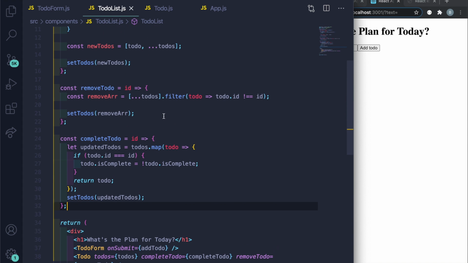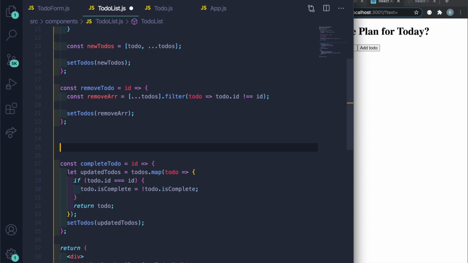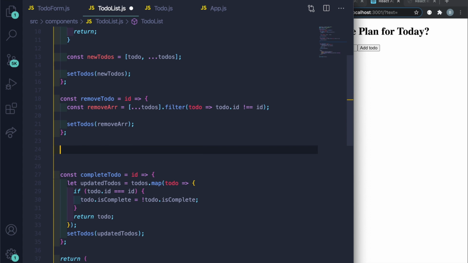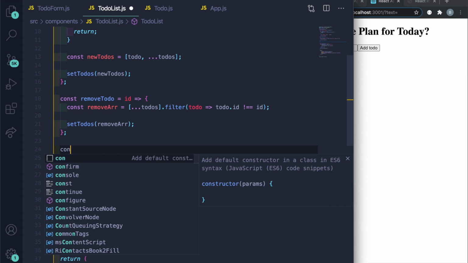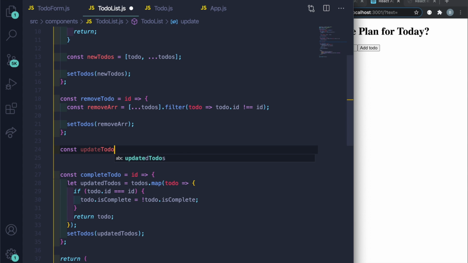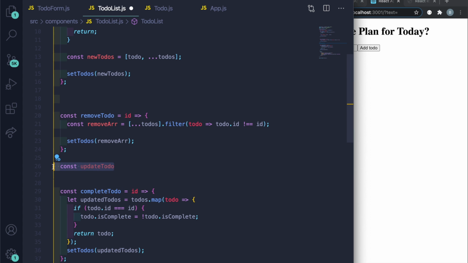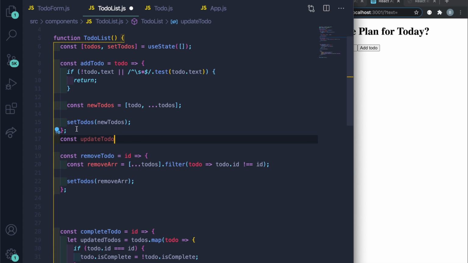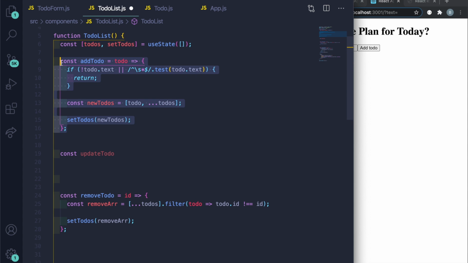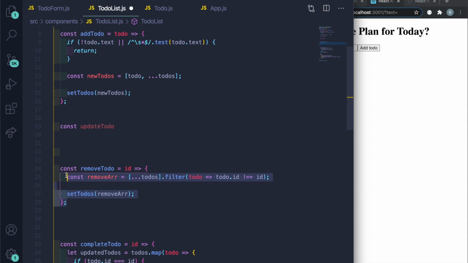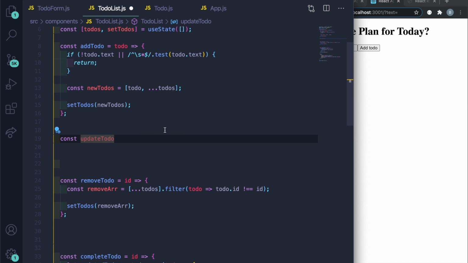So let's just put this underneath the remove to do. Outside of and below the remove to do function, let's call this const update to do. And actually, let me put this below the add to do function. So let me put some more space so you can see what's going on. So here's the add to do, and then here's the remove to do. Let's put update to do in between that, because the code is fairly similar in terms of the